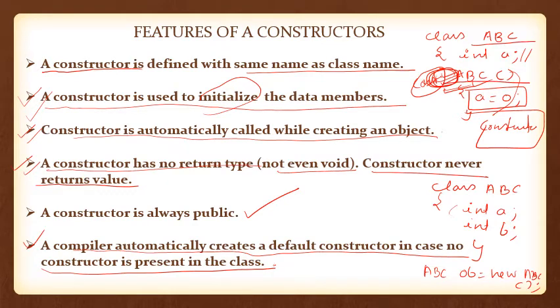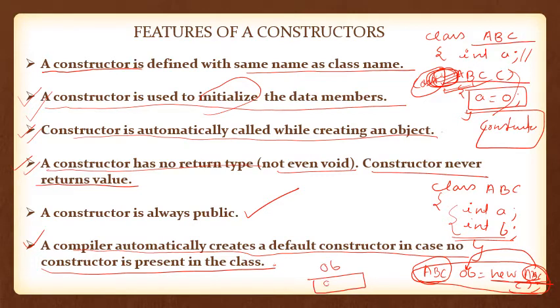So here, no constructor is defined inside the class. In that case also, whenever you create an object, a default constructor is called, because here the name of the function and the name of the class are the same. So it is what? A constructor. The constructor constructs the object OB. During the construction of the object OB, it initializes the data, allocates the memory space for data members A and B, and provides the initial value to the data members, that is 0 and 0. And this constructor is known as what? Default constructor.